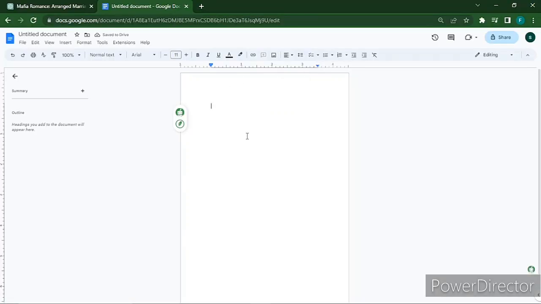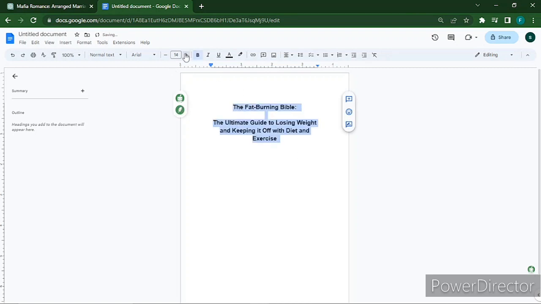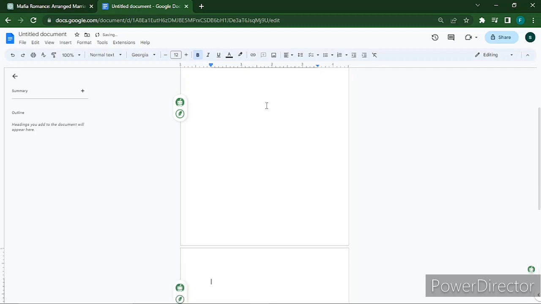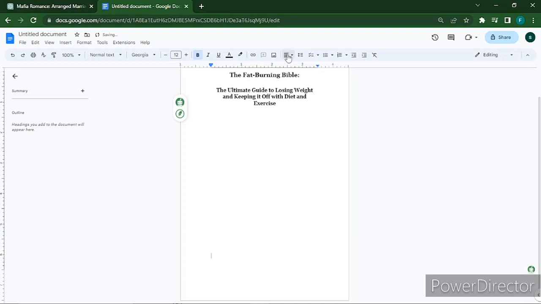The introduction of ChatGPT has been very helpful for writers, and not just writers, other people in other niches as well. Name it, is it tech or whatever niche it is. ChatGPT has been very helpful. So this can be a relief for writers and people who find it hard to generate content or who find it difficult to write. This way you wouldn't need to take much of your time. Before, I could take a whole day or more than a day, 2 or 3 days, trying to write a book,